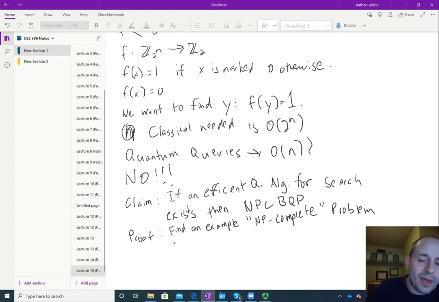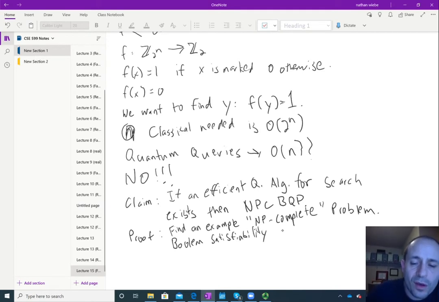Meaning that such a problem can be mapped into any problem in the class NP with at most polynomial overhead. So, taking a look at the lexicon of problems, the simplest example is Boolean satisfiability problems,